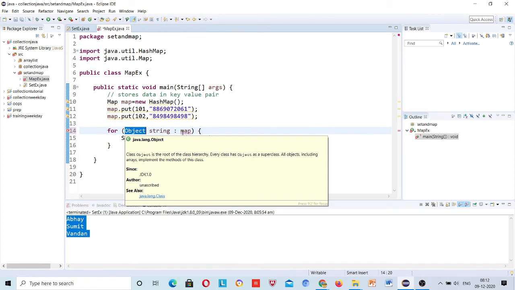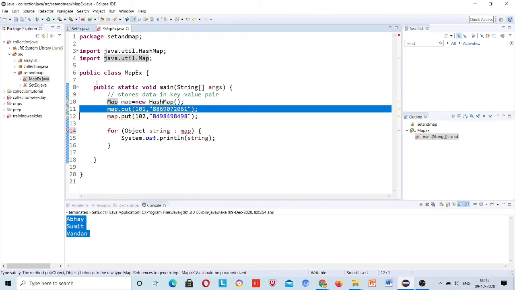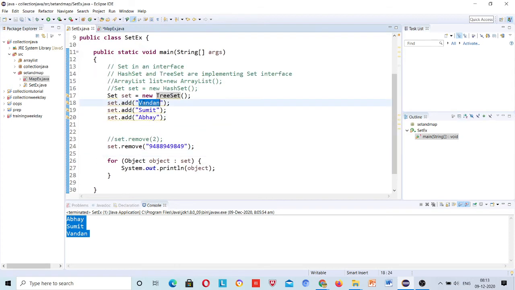Here the problem is different, right? If I was saying that I am not sure which type of values I am adding, then object would work for that. But here I am adding two values, two parameters, a key-value pair. How will you iterate over this if you are not sure? Object works only when a single value is added.